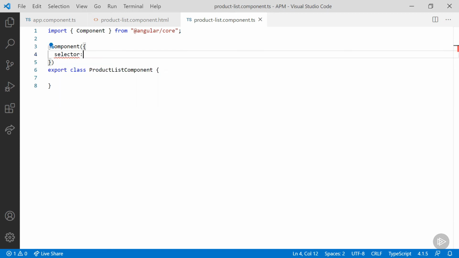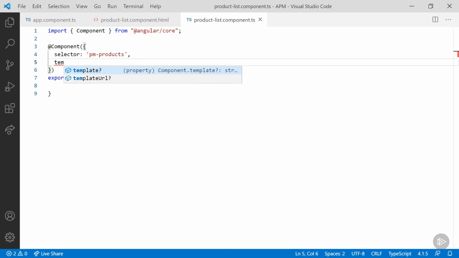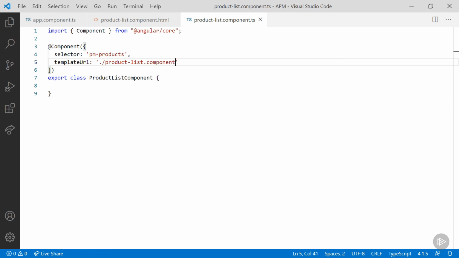For the selector, we'll set pm-products. We use the same prefix as in the app component to distinguish the selector as part of the product management application. Then we define the templateUrl. Here we provide the path to our HTML file. Since we defined the HTML file in the same folder as the component, we can use the ./ relative path